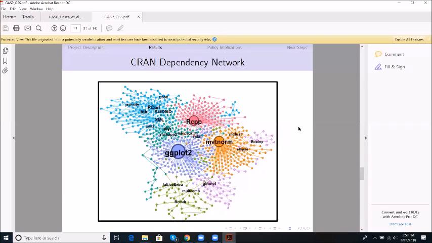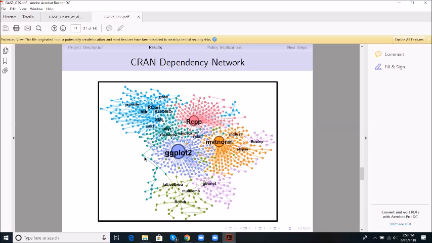So if you all can see that plot, that's the CRAN dependency network. I'll go over it quickly. It's a directed graph. So we have nodes, which are the circles. And if I can zoom in, okay, that has an arrow. So basically from one node to the other, it establishes a relationship where one package is dependent on the other when